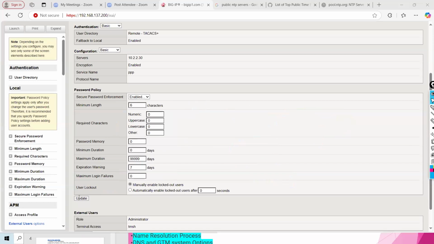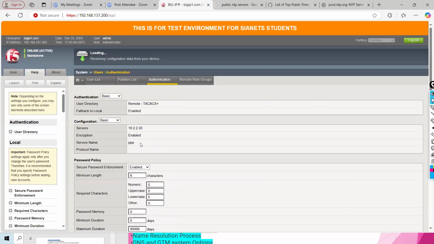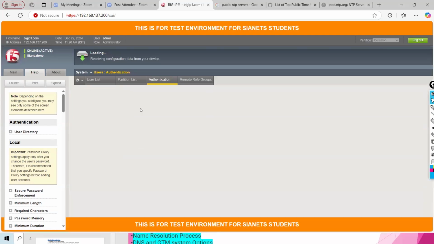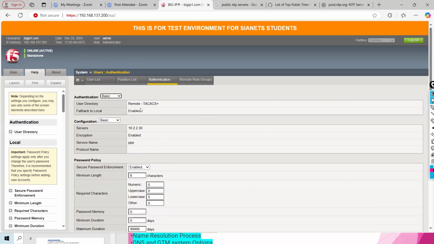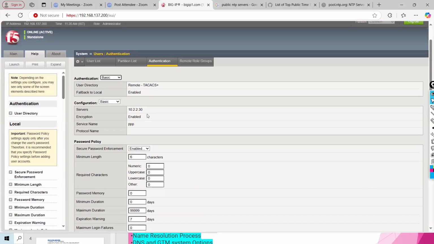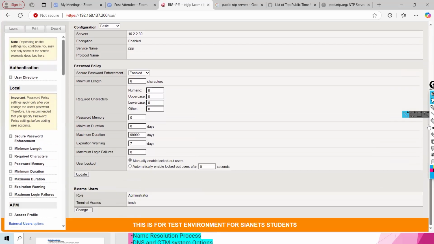Okay, this is how, just 1 minute. This is how you can just update. Since I don't have a TACACS server, I will not be able to see. But one thing more which you have to configure. All this TACACS,